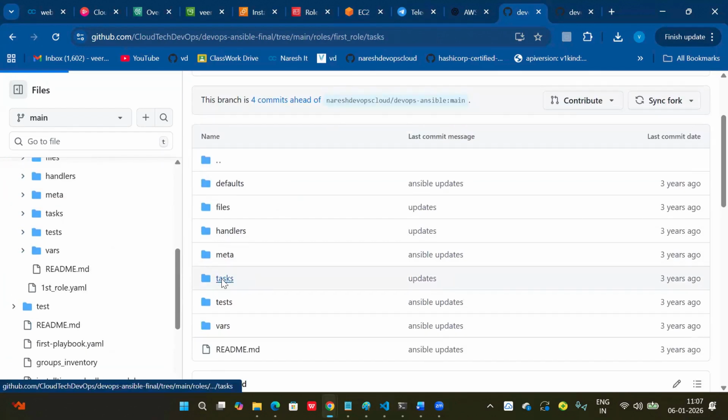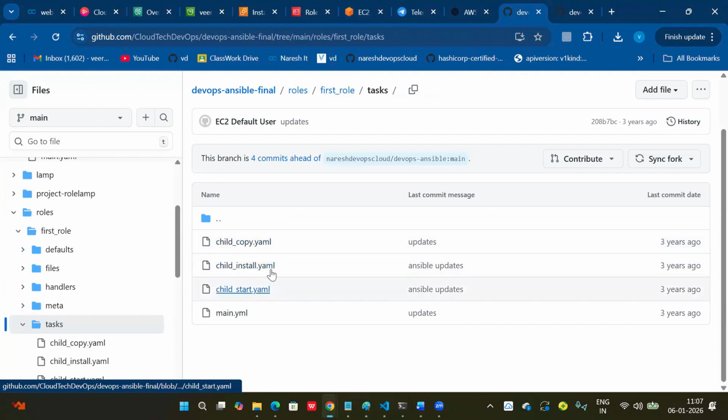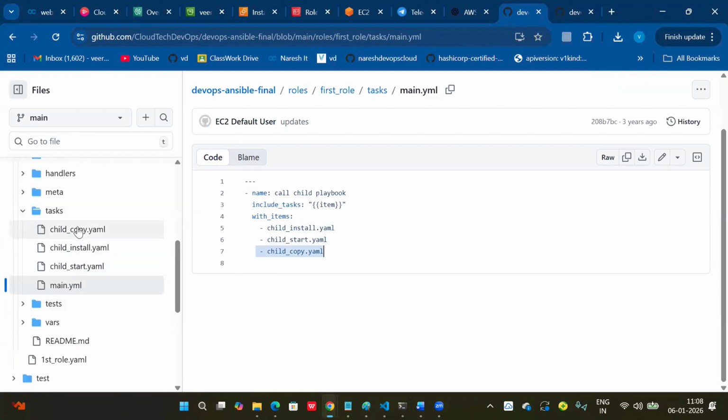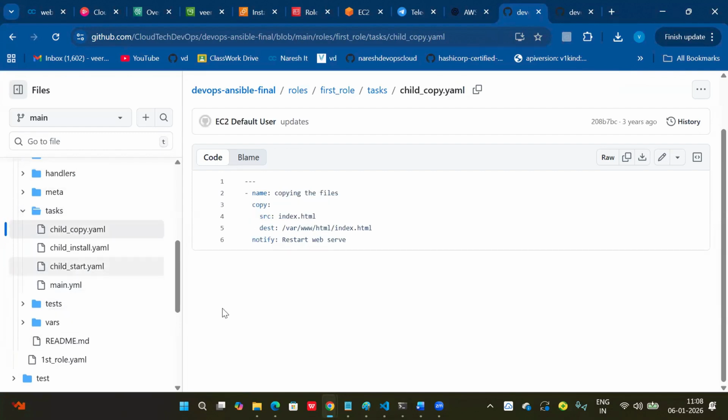You can see under tasks: child copy.yml, child install.yml, child start.yml, and main.yml. So the include module process I have added here. This main.yml calls install, start, and copy. Clear now? So under tasks, I can add this structure now: copy.yml, install.yml, start.yml.